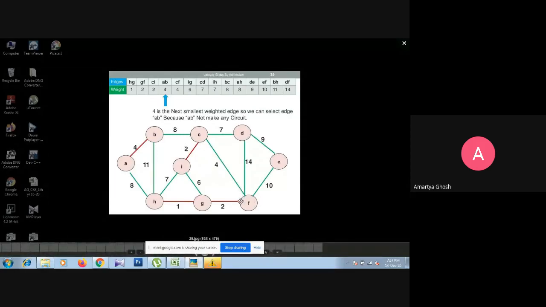After connecting CF, there is no contradiction. That is, no cycle, no closedness, no loop. So we just choose it. Thereafter, the 6, the new